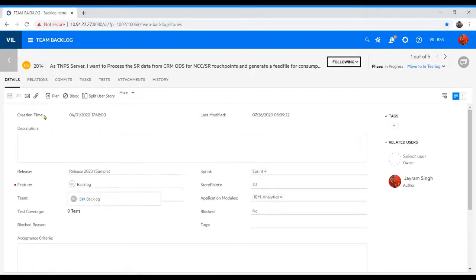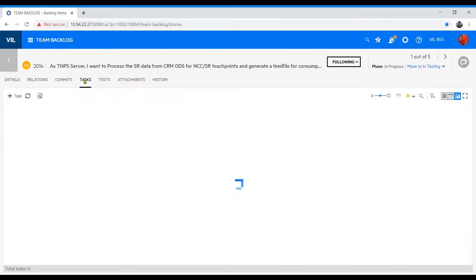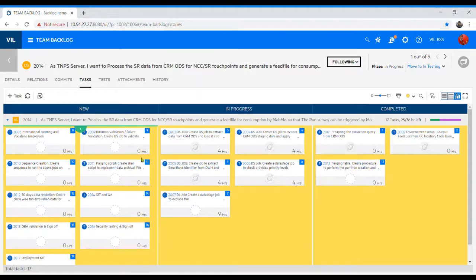Now, the moment you click on this user story, you will be in a detail section having a feature like split user story. Before splitting the user story, you might go and have a look at the tasks pending for it. If you click on tasks, these many tasks are there on the user story which we want to split. If you see clearly, these many tasks are in a new state, this is in the in progress state, and this has completed. We need to move the in progress and the new tasks, which have to move to the next sprint.